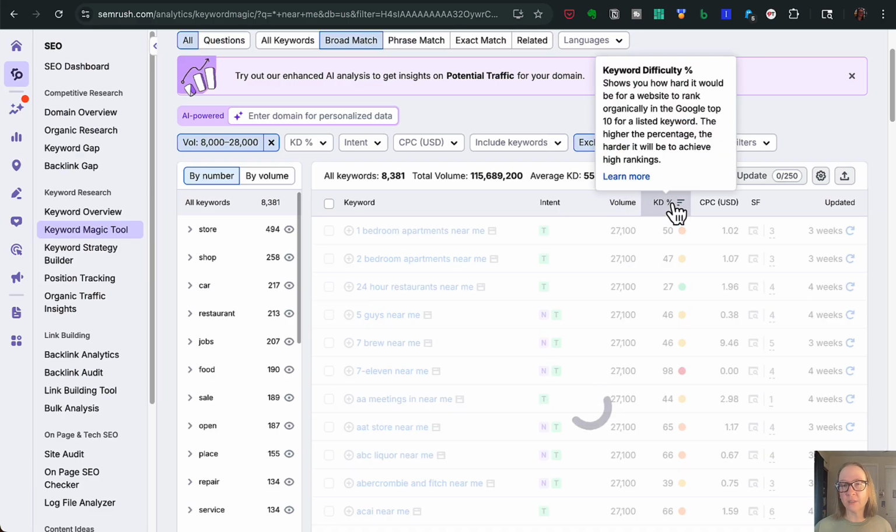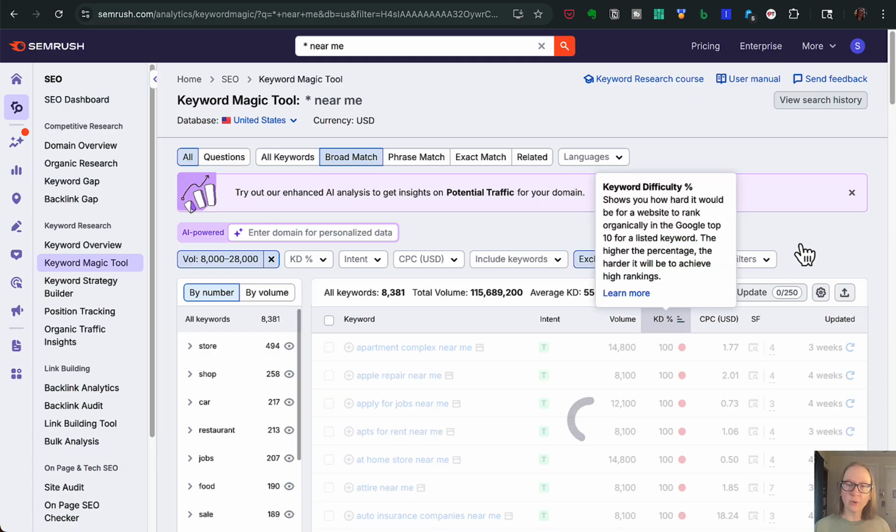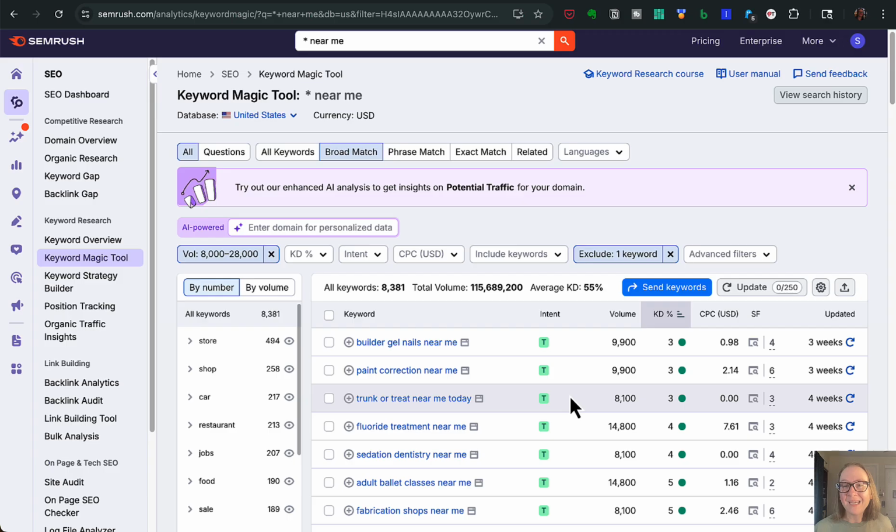by the keyword difficulty. Every SEO tool has different metrics for coming up with keyword difficulty, and you can't really take them at face value since they are all so different. But they're good as a general guideline, right? It helps me know, basically, is this something worth looking into, or is it going to be out of the question for me? So sorting this by the easiest to rank in terms of keyword difficulty, what we have